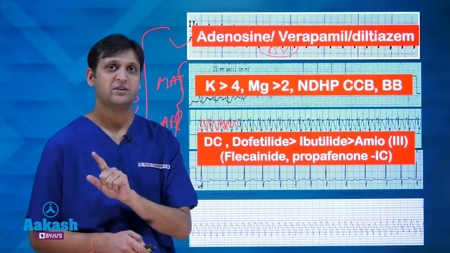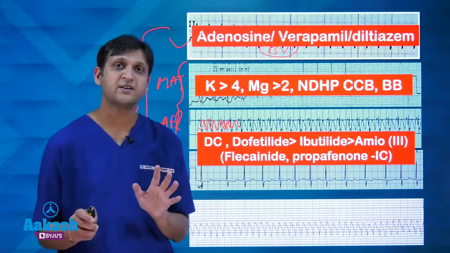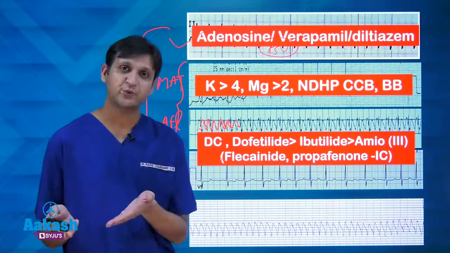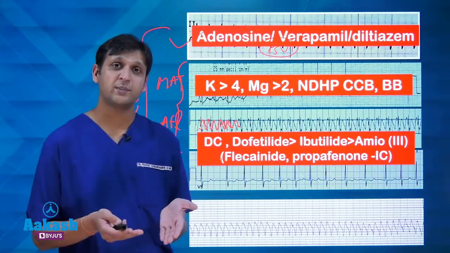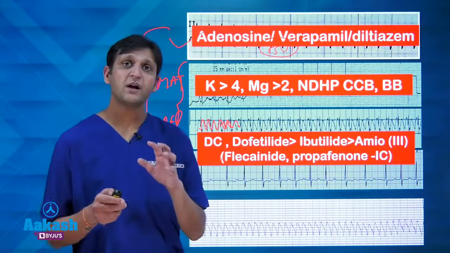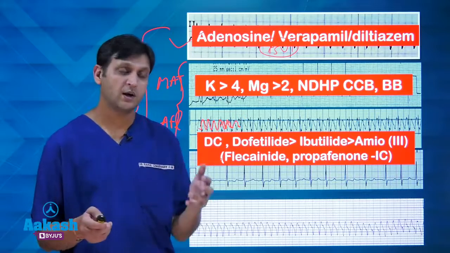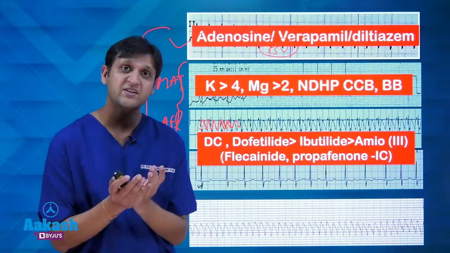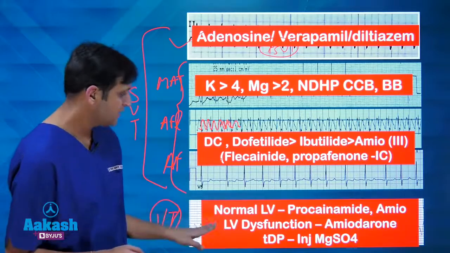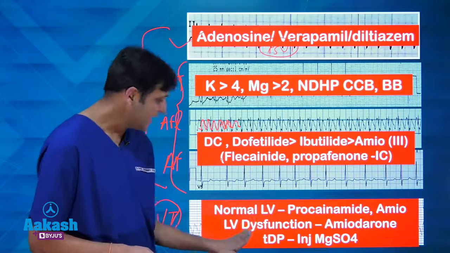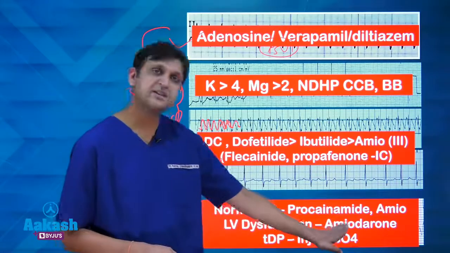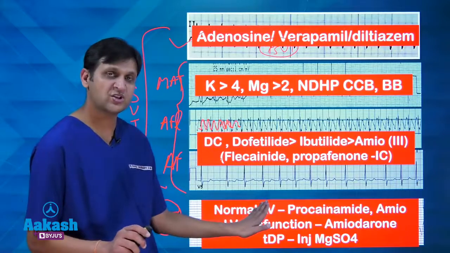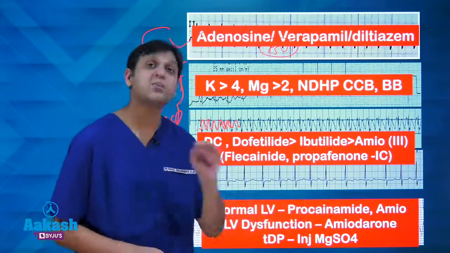of the patient. What do I mean by that? See, ventricular tachycardia is more common in patients who have a heart disease. So say, for example, dilated cardiomyopathy, hypertrophic cardiomyopathy, ischemic cardiomyopathy, patients who have coronary artery disease causing ischemic cardiomyopathy, patients of heart failure. So whether the patient has a structural heart disease or not. Why? Because if the patient has a structural heart disease and an LV dysfunction, then the drug of choice is amiodarone. Fine. If the patient has a normal LV function with no structural heart disease, then procainamide is more efficacious